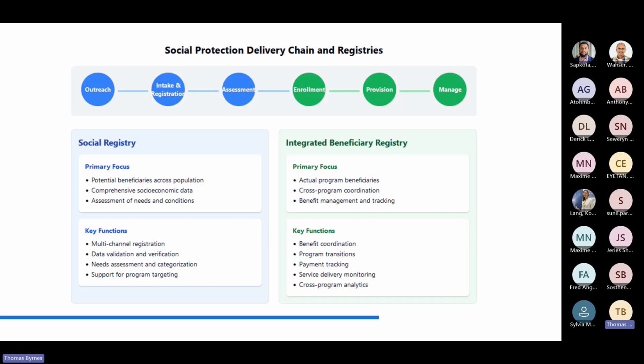The first point, what was clear when we started defining these systems, is that they are working in very different parts of the social protection delivery chain. So the social registry is primarily focused on outreach, intake, and assessment. It covers the potential beneficiaries across a population. It can also be comprehensive socioeconomic data of an entire population, and it's used for targeting, for almost research on what is the current situation,